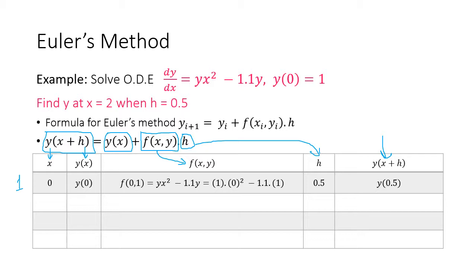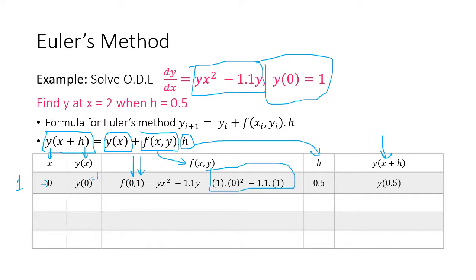And for the first iteration, we are going to start off with the initial condition, which says that at x equals 0, the value of y is known to be 1. So y at x equals 0 is 1. Then f of x,y, which is this function in the differential equation, y x square minus 1.1y, which we are going to evaluate at x equals 0 and y equals 1, which is substituted here